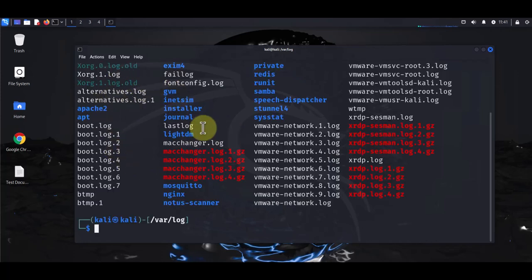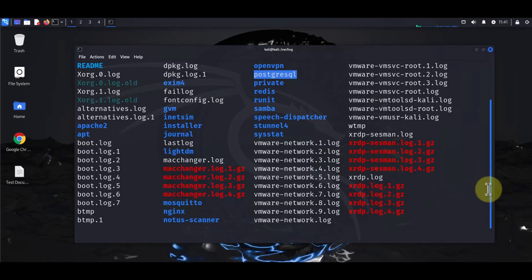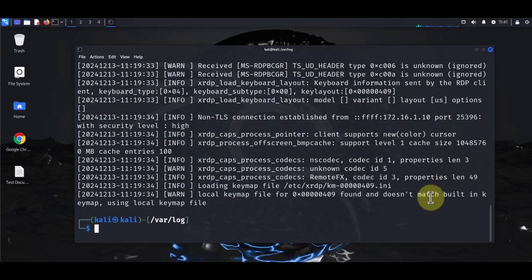Most of the logs were found in this directory. There's still a few in here, as you can see, that are application specific. For instance, we have logs related to XRDP, and the logs in this directory can be viewed using different commands like cat, less, and tail. For instance, if you wanted to view these logs, we could say cat xrdp.log, and that would list all the logs,